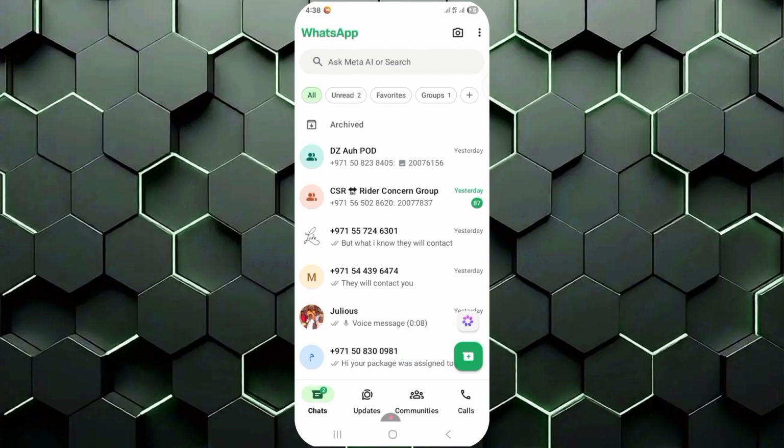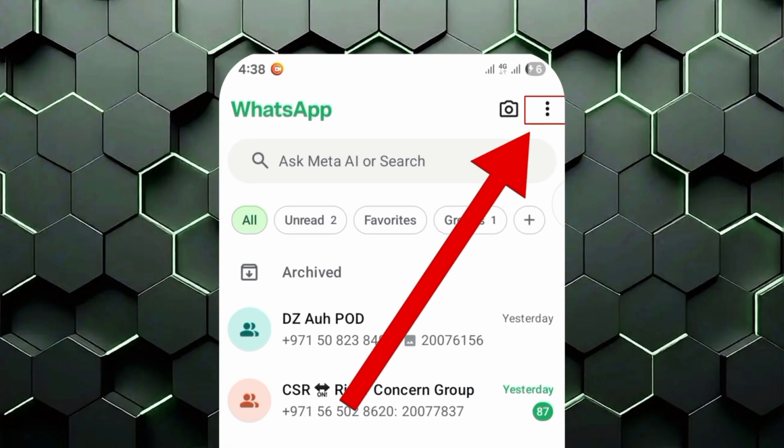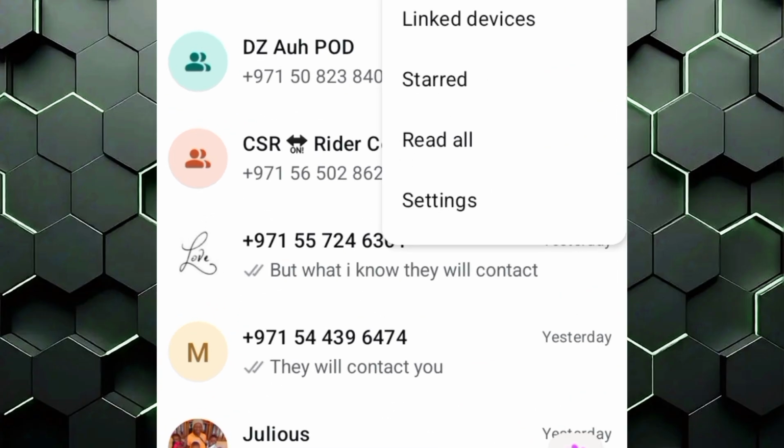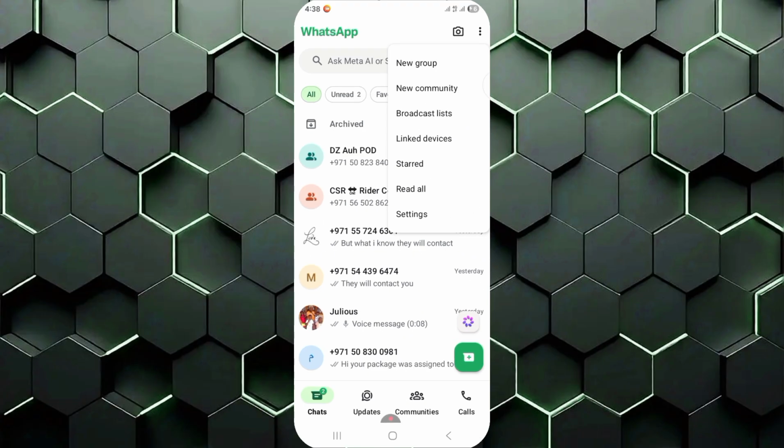In order to set a custom username on WhatsApp, what you want to do is go to WhatsApp like I've done here. And then tap the three lines in the upper right hand corner. This works on Android and iOS, and you just need to select settings in the drop down menu. So then just tap onto settings,